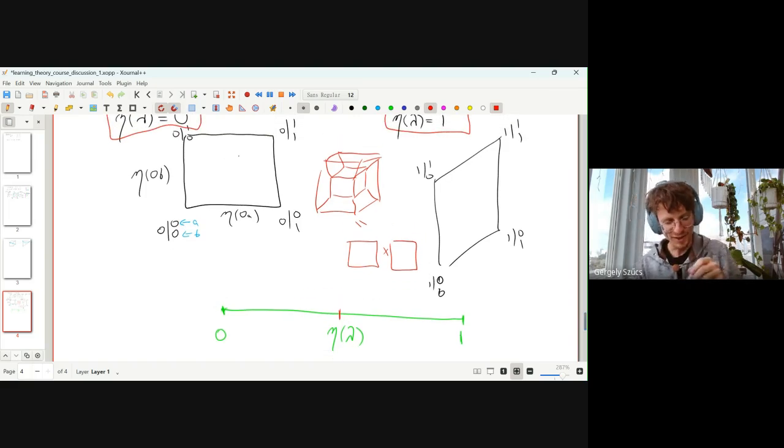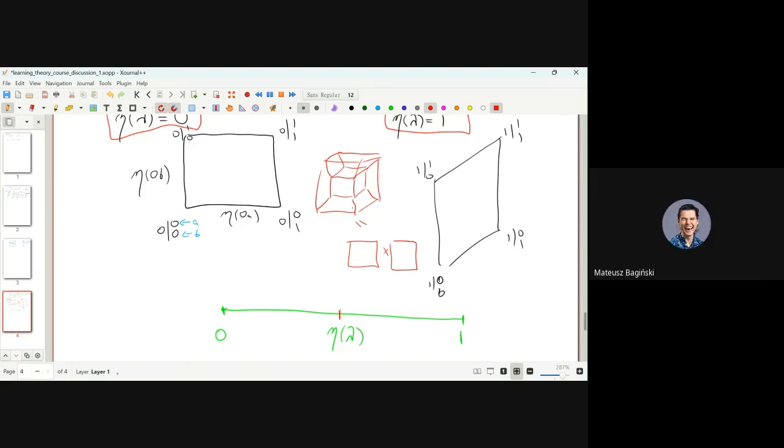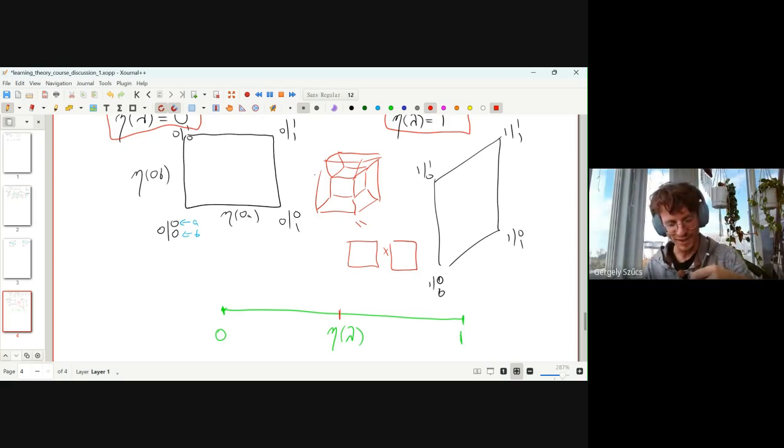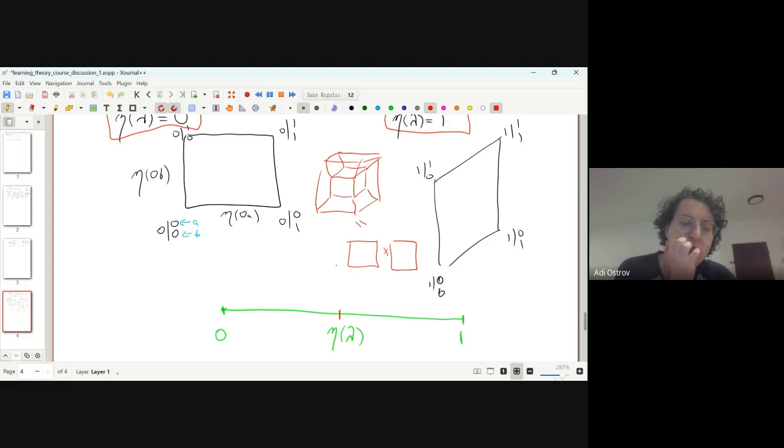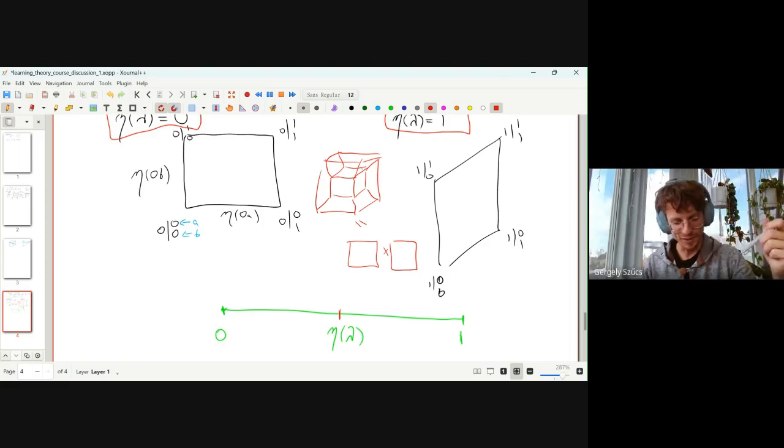I don't know if trying to build up the geometry is helpful to people, but I think this is helpful for me. It is okay. Yeah, I find that some people just think geometrically, and I tend to be one of them. So I often think of these pictures, and for other people, this is like